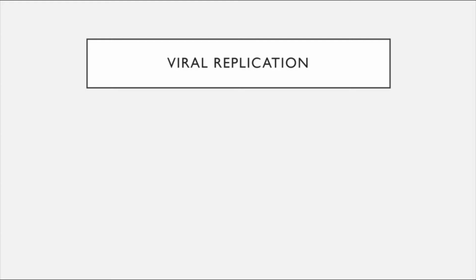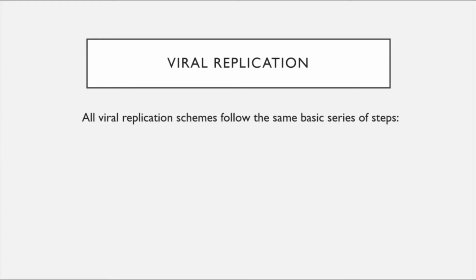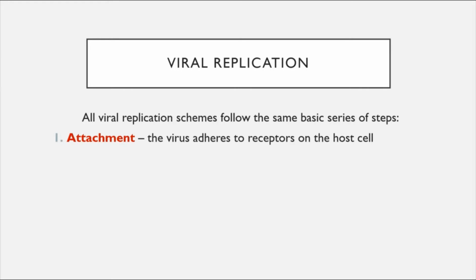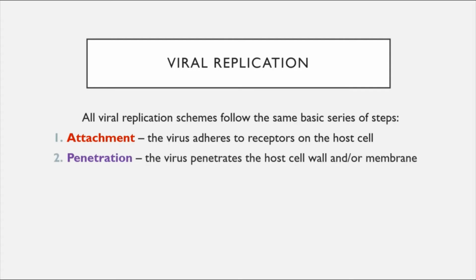So now that we've finished covering the basics of the structure of viruses, we can begin to talk about the viral replication process. The mechanisms that viruses use to replicate can vary in slight ways, but they all follow the same basic series of steps. First comes attachment. Attachment is where the virus adheres to receptors on the host cell using its protein spikes. After attachment comes penetration. If the spikes are compatible with the receptors on the host cell,